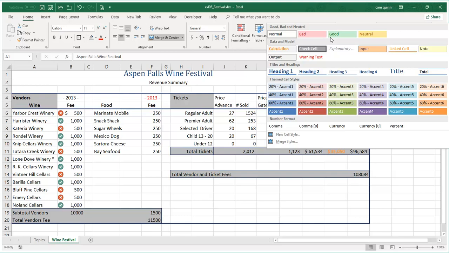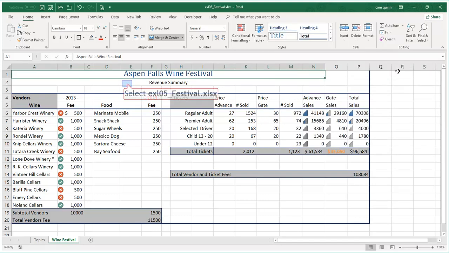I mean, you can use these formats whatever way you want, but they're just saying, normally you would say my normal values are in black, my bad numbers are in red, good is in green, so on and so forth. So all of those are simply combinations of font color and fill color. I've got titles and headings, so I'm going to select title for the heading here. I'm also going to select the second one,